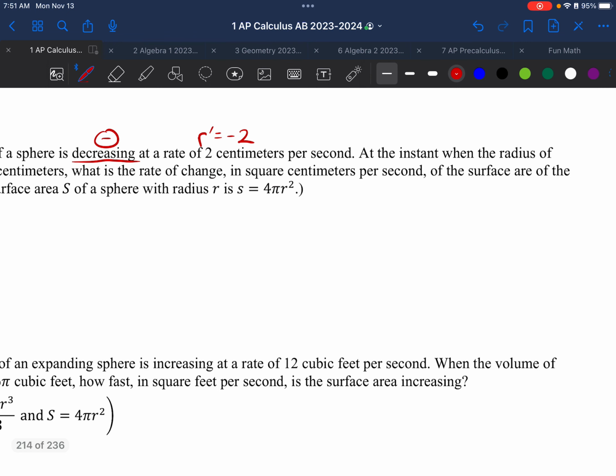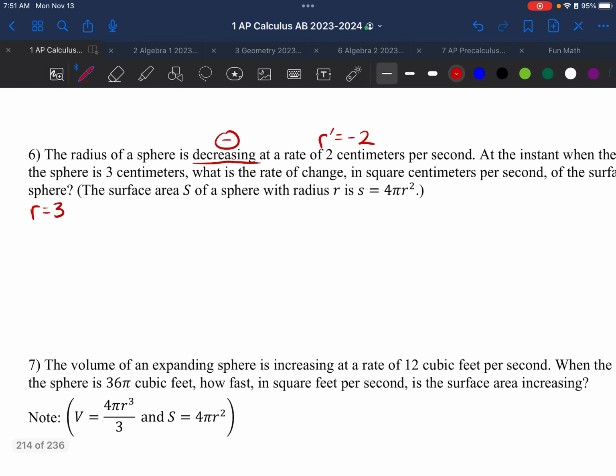Ooh, there's a typo right there. I'm going to go ahead and fix that in the next video. Surface area of the sphere, so we're looking for S prime. Okay, if we need to find S prime, and again, there's another typo right there, that should be a capital S,